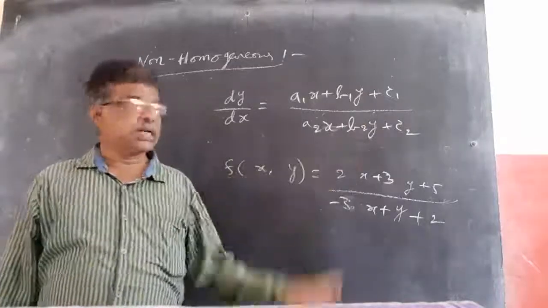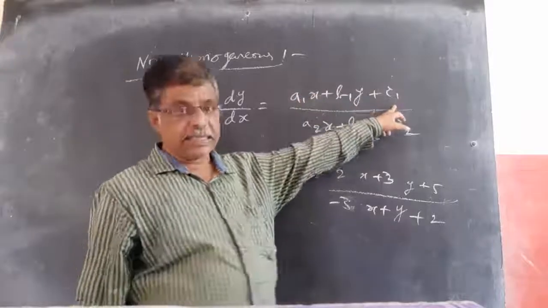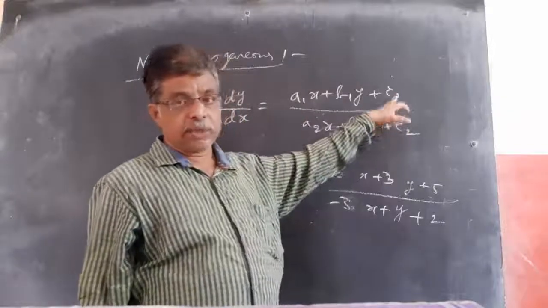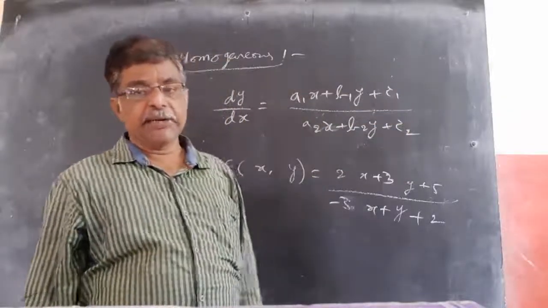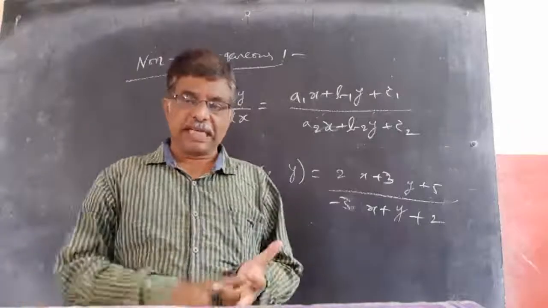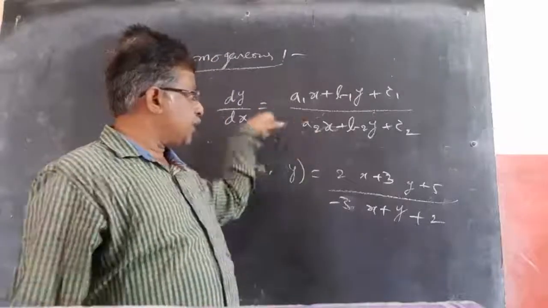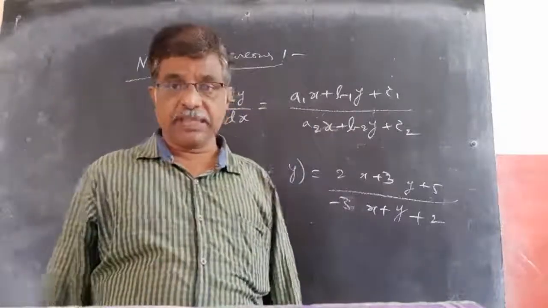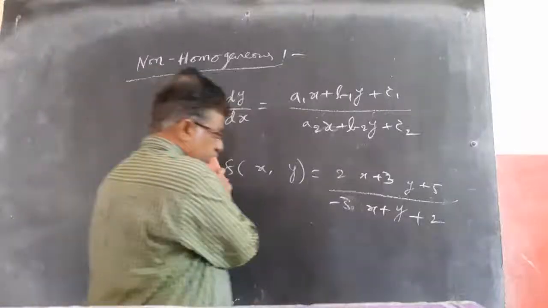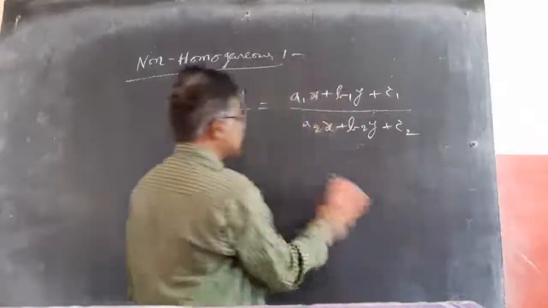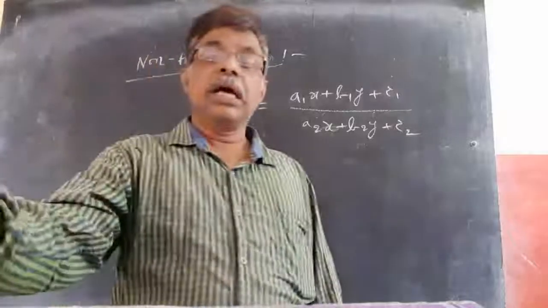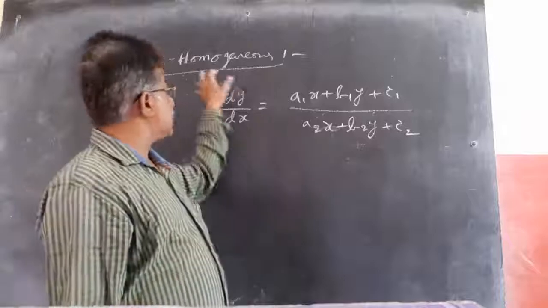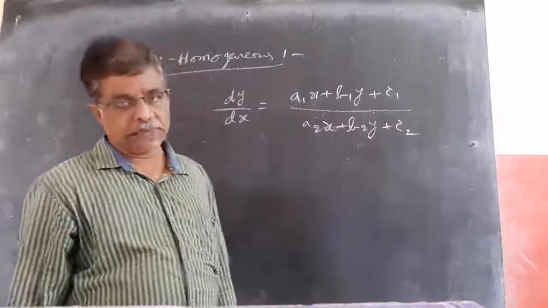This is a non-homogeneous equation. All these are linear expressions, so you have an extra constant. These two terms are first degree, but the constant is zero degree, so not of the same degree, we can say simply. It is not of the same degree, and you cannot make it variable separable. Even if you separate, you will get y here and x there. So if it is not variable separable, not homogeneous, and not linear, then it should be of this form, and this is called a non-homogeneous differential equation.